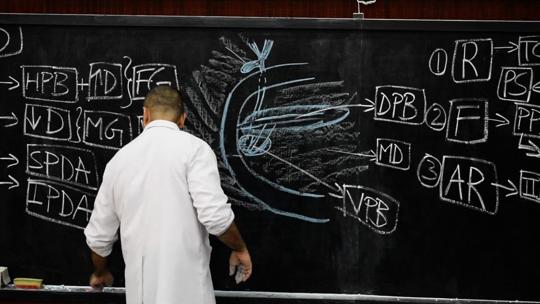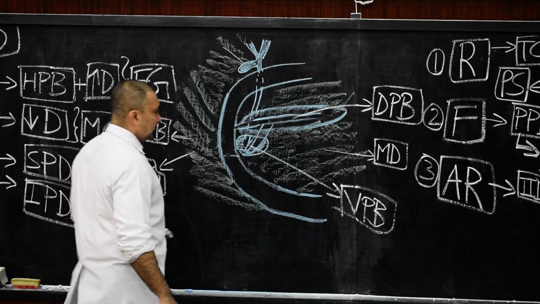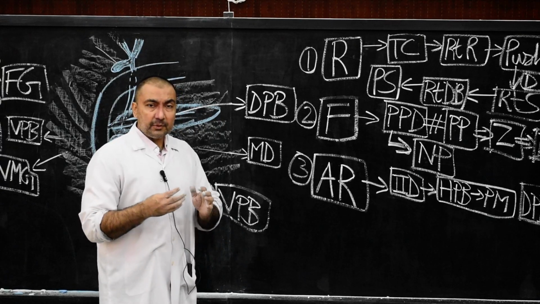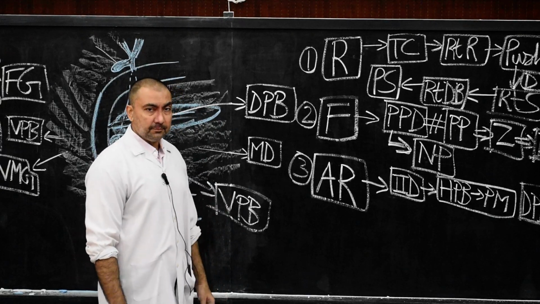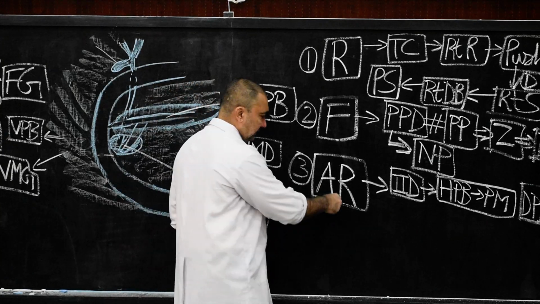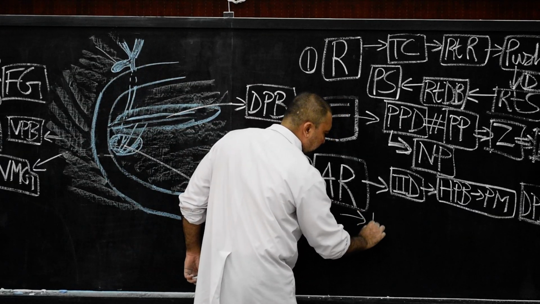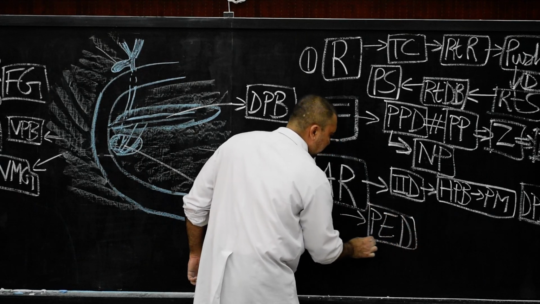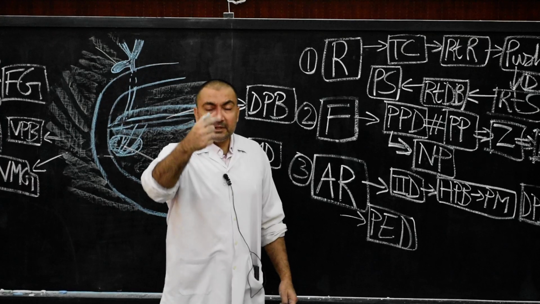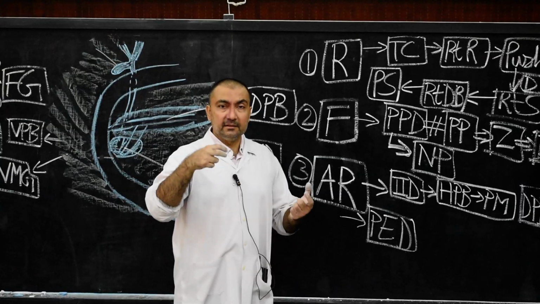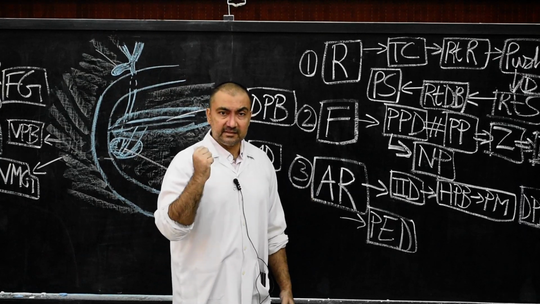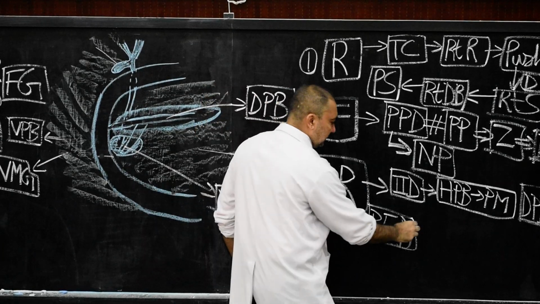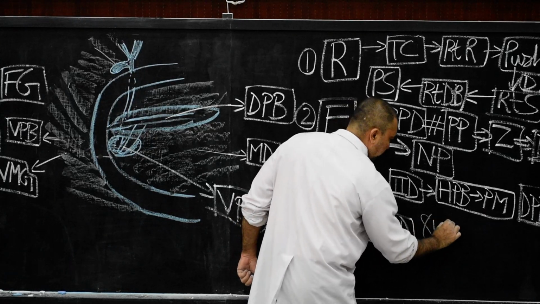Now the entire duodenum, not pancreas, but the entire duodenum: there will be proliferation of endodermal cells of the duodenum, as a result of which the lumen of the duodenum will be filled up by proliferated endodermal cells. And this happens at the end of 8th week. Please note down, this happens at the end of 8th week.